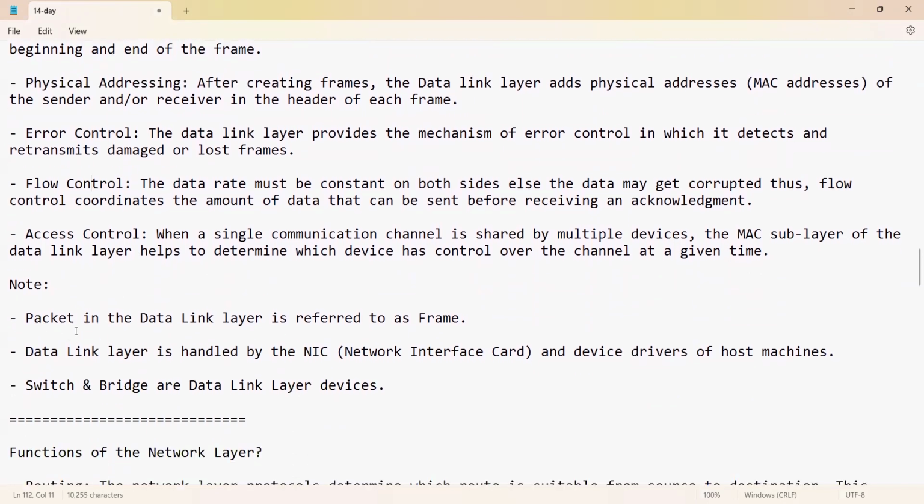Note that a packet in the data link layer is referred to as a frame. The data link layer is handled by the NIC, the network interface card. That is nothing but, in the cloud environment,